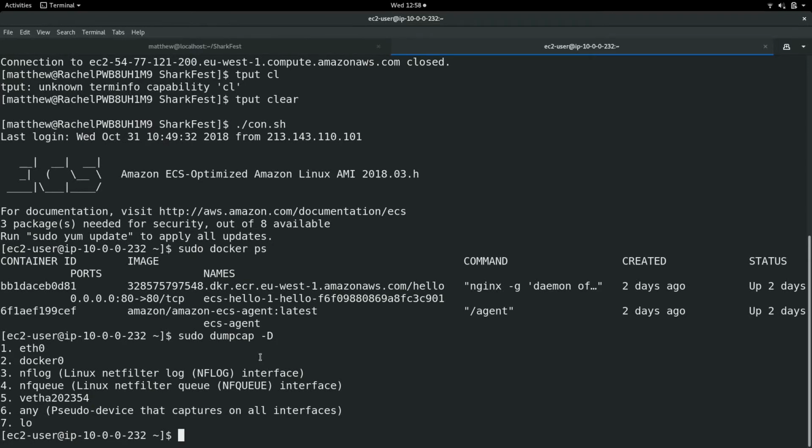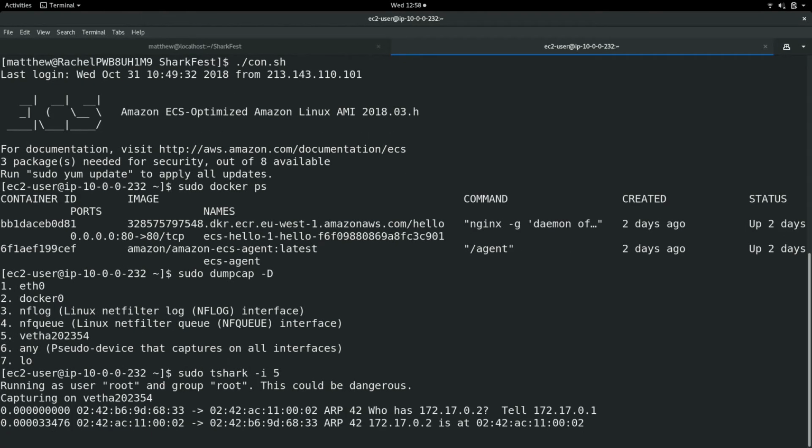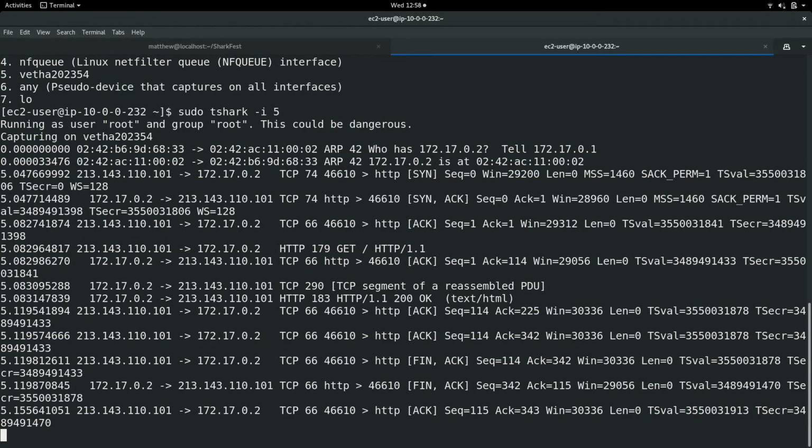That's great. So from this point, we can start having a look at this. We can do a tshark minus interface, and then look at 5, and we should start seeing, with any luck, depending on how the 10 seconds happens, our traffic hitting this particular server for my polling. With any luck, there you go. There's my HTTP request coming in and out.